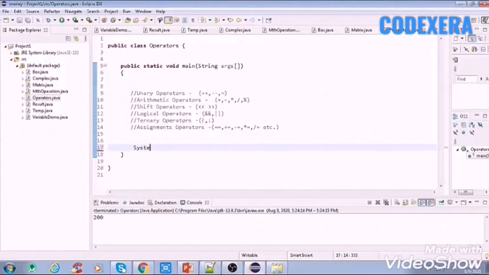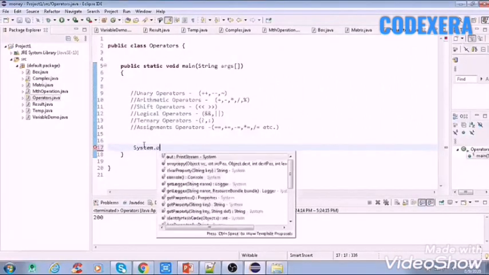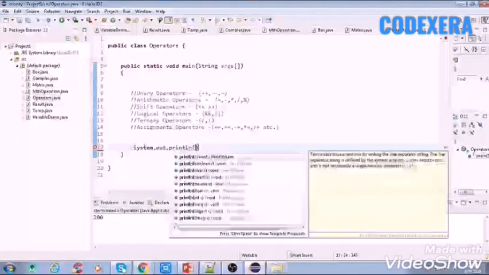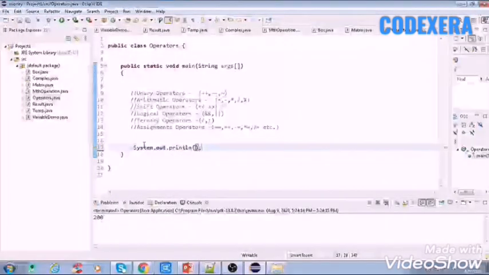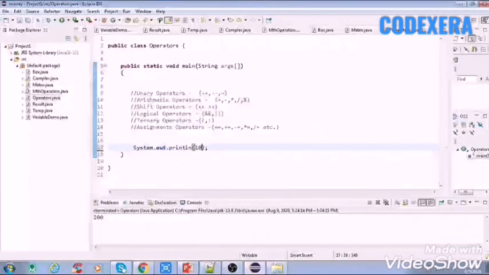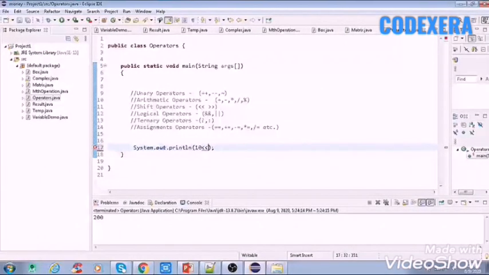So here we'll suppose System.out.println, we are printing something, and here we'll give some value that is 10 and shift it to the 2.